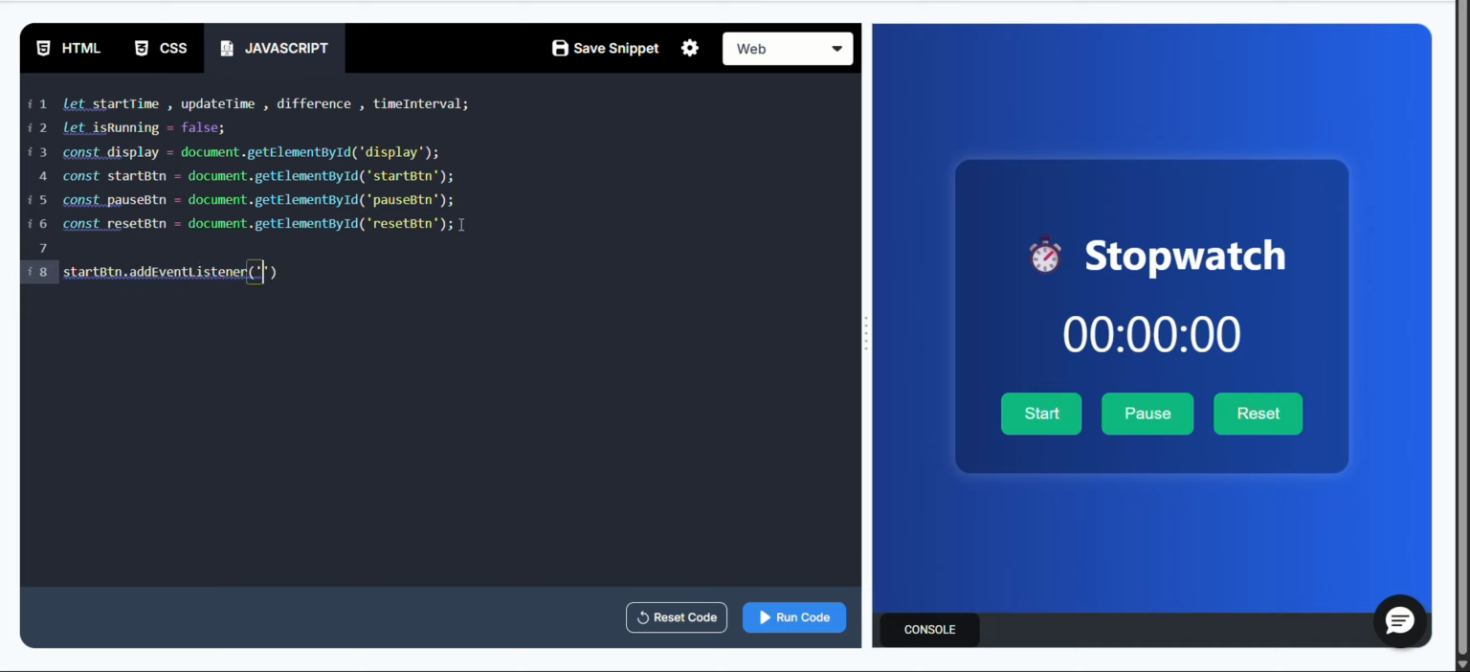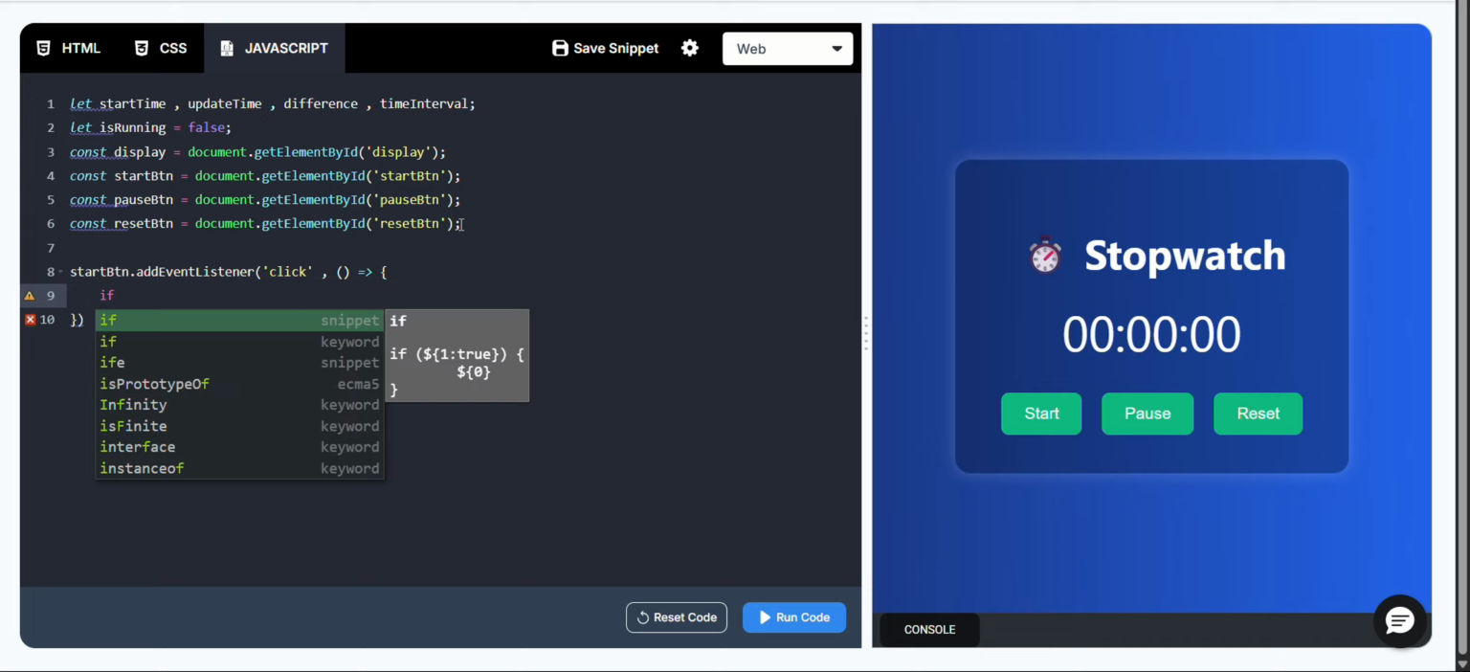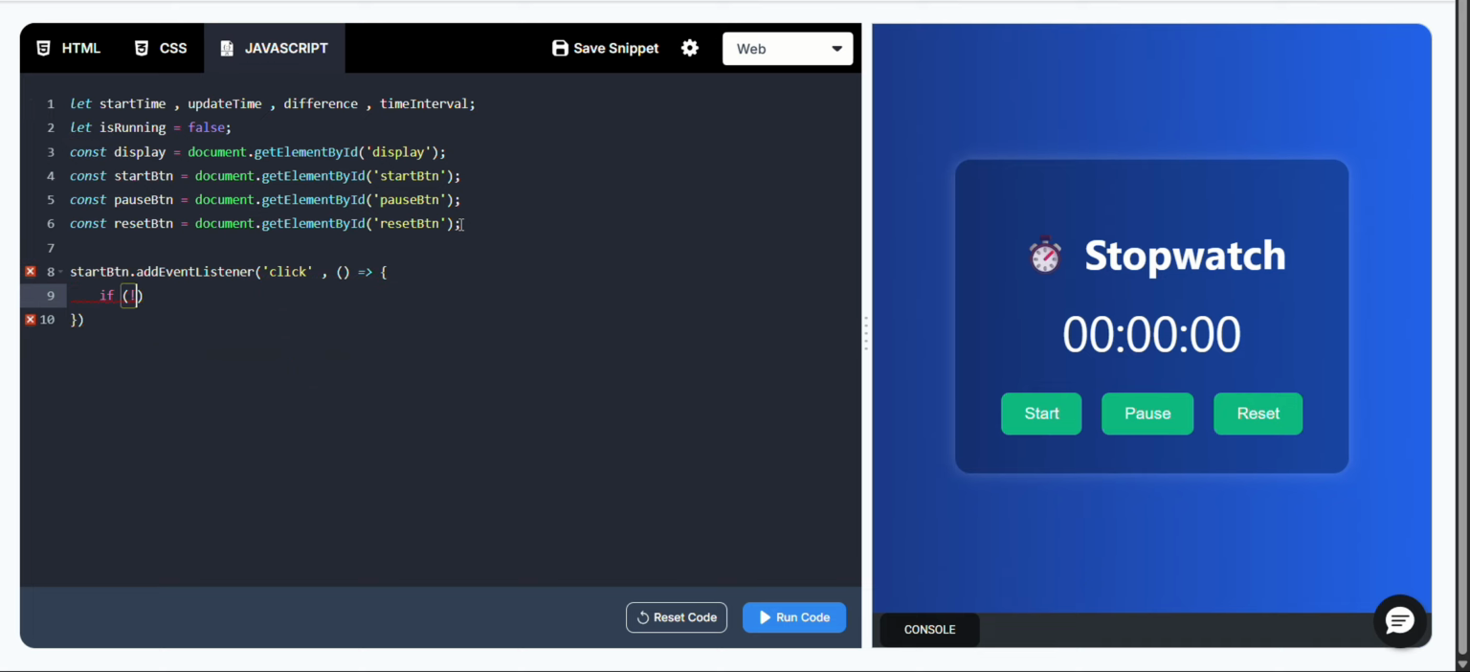Const display equal to document.getElementById of display. This line connects the timer display area from your HTML to JavaScript. Whatever changes you make to display.textContent in JS will directly reflect on the web page where the timer is shown, like